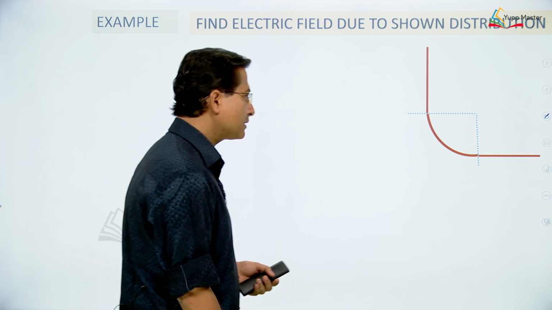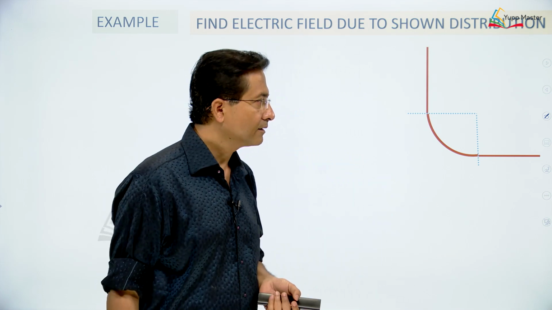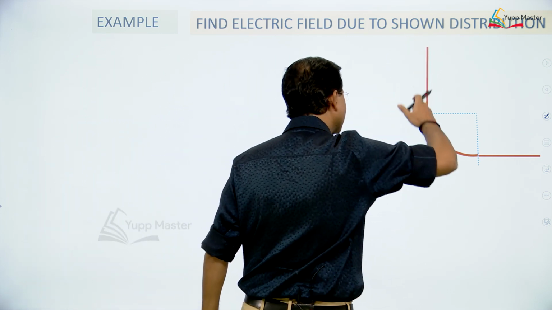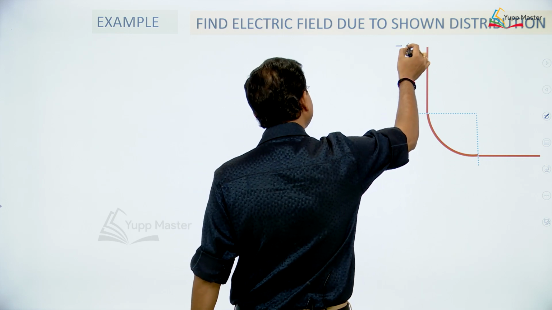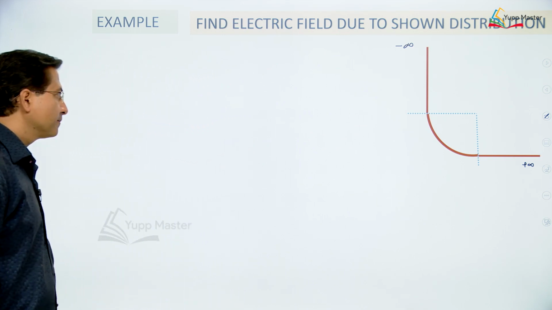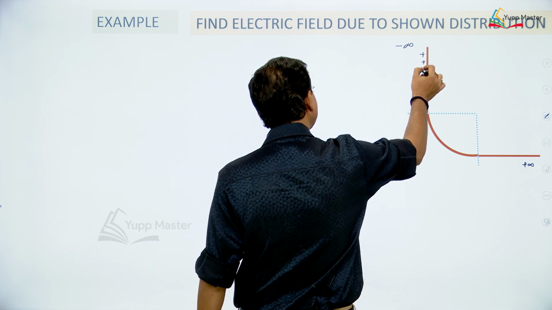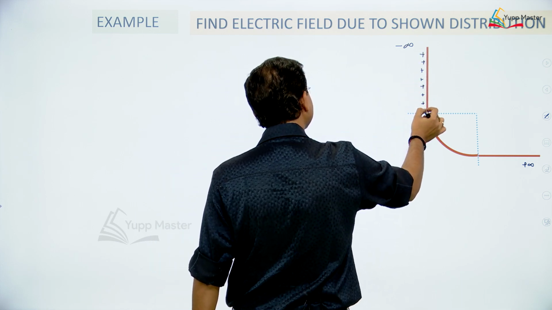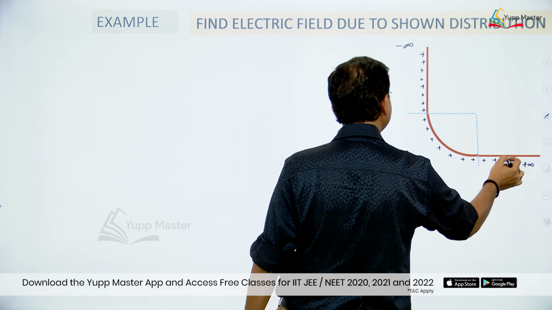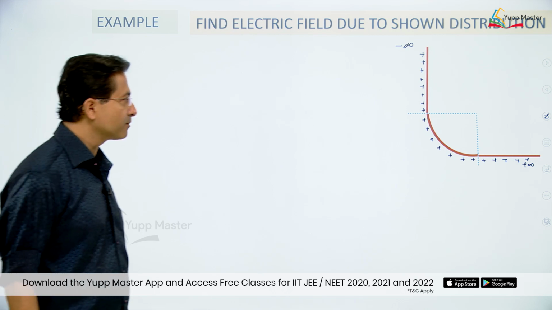So, I have taken one example to make you understand how to use these formulas, the application of the formula we have derived, right. The simplest example I have taken. There is a wire which is extended from minus infinity this way to plus infinity this way, right, and charge is uniformly distributed. It goes till infinity and I am interested in finding the field at this particular point.